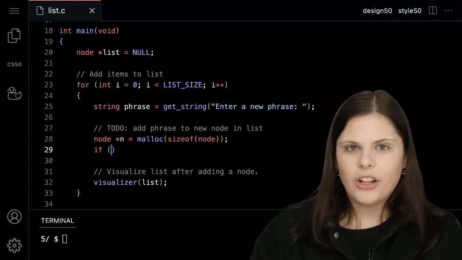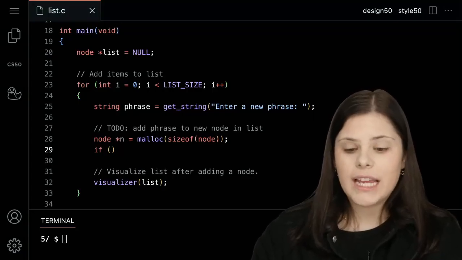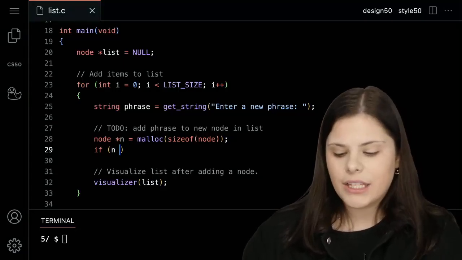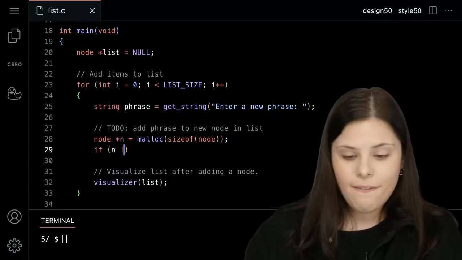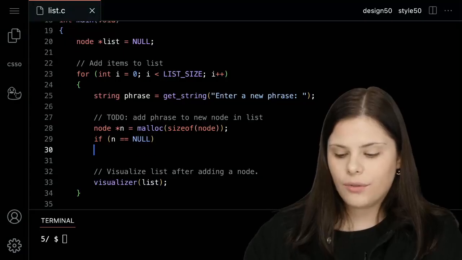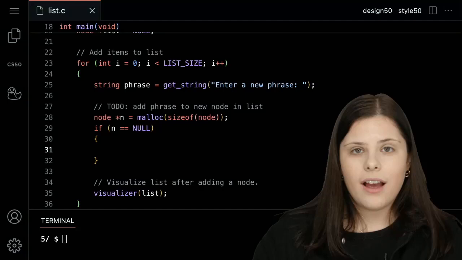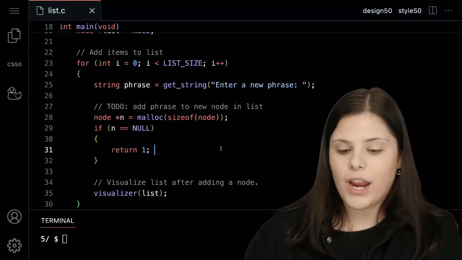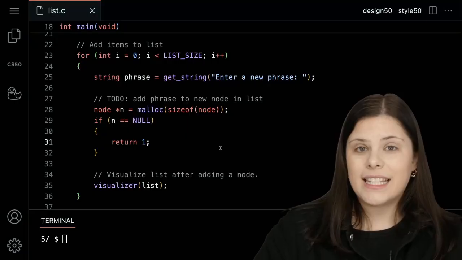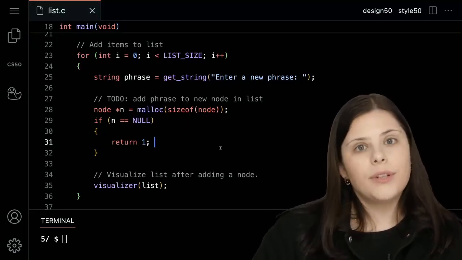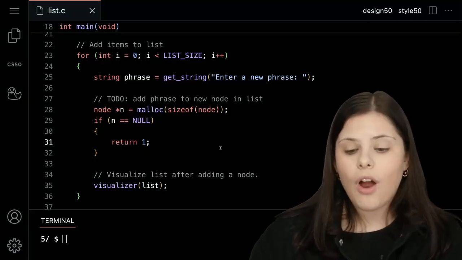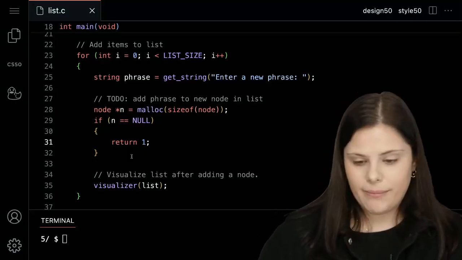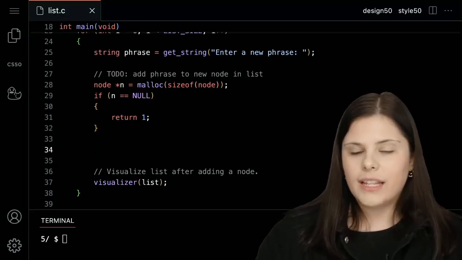I don't think we've talked about this last week, but another important thing to double-check is, was the memory allocation successful, right? A way to do that is to check if n is equal to null. If for some reason malloc failed and the memory was not allocated, we want to make sure that we exit, because we've talked about how accessing any memory that we were not supposed to access, or where something went wrong, means we want to exit and restart the whole process again. Now that we've created this new node,